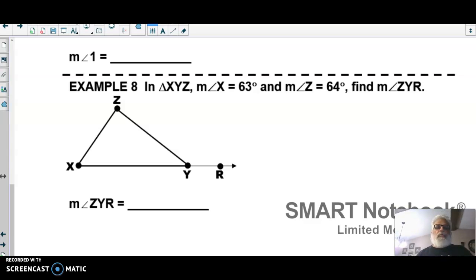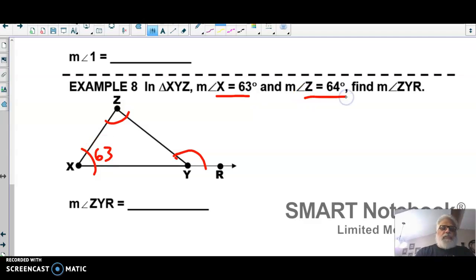Okay, in this example, we're going to use the triangle exterior angle theorem to solve for this outside angle. So to find that outside angle, we have to add the two remote angles up, and it will equal the exterior angle. So in my problem, it tells me that angle X is 63,